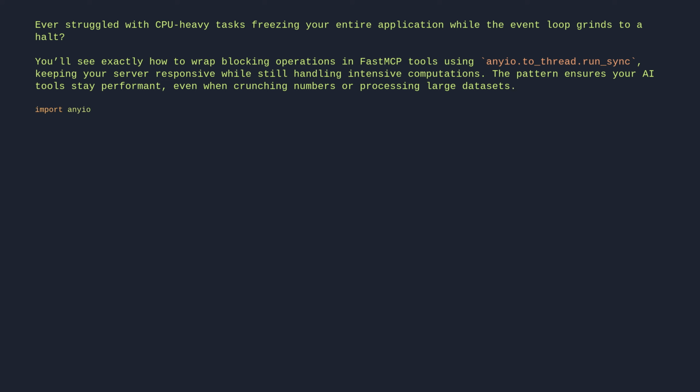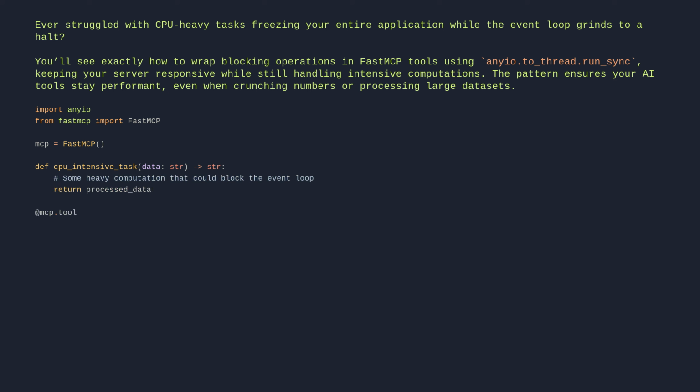import anyio. From fastmcp import FastMCP. mcp = FastMCP. def cpu_intensive_task(data: str): # Some heavy computation that could block the event loop. return processed_data. @mcp.tool